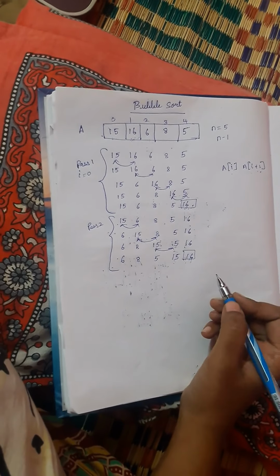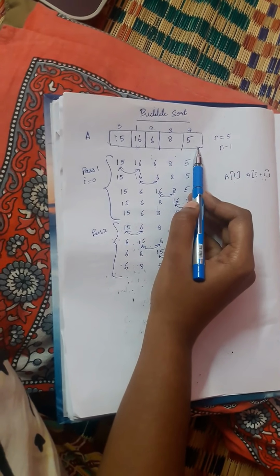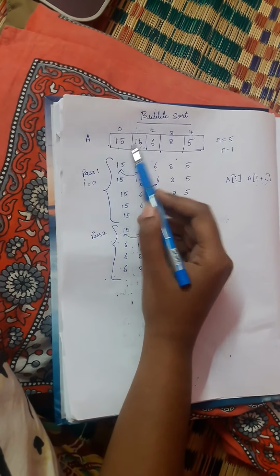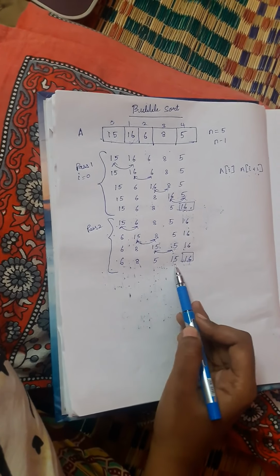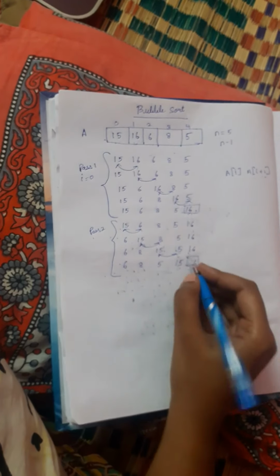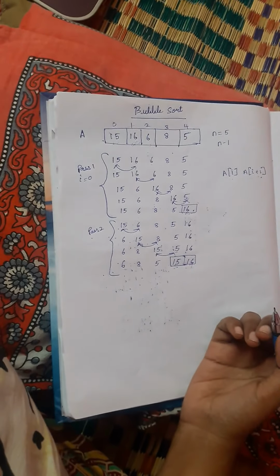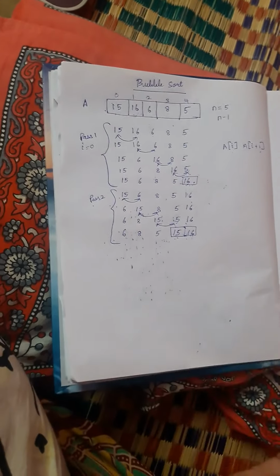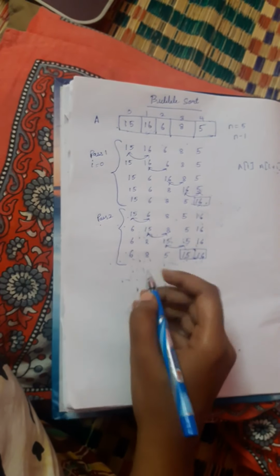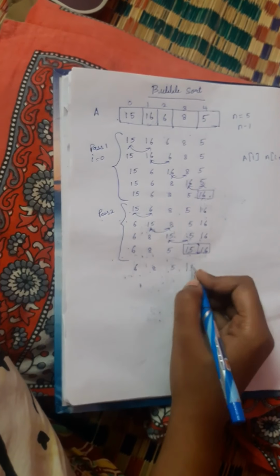In pass 2, again you see what element is being sorted. This is the array: the first largest element was 16 and the second largest element was 15. So in this array you look, 15 is also in the correct position. In pass 2 the second largest element is being sorted in this array. So this is our pass 2. Okay, next we are going into our next step. I will write the same elements here: 6, 8, 5, 15 and 16.